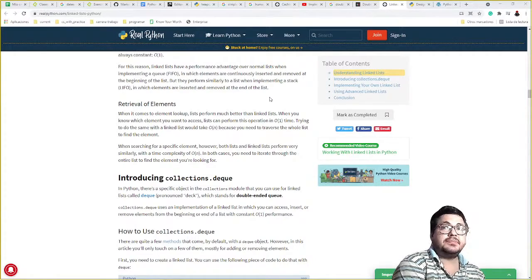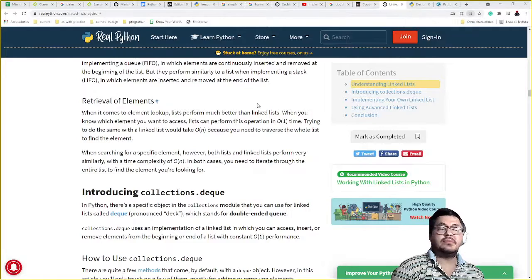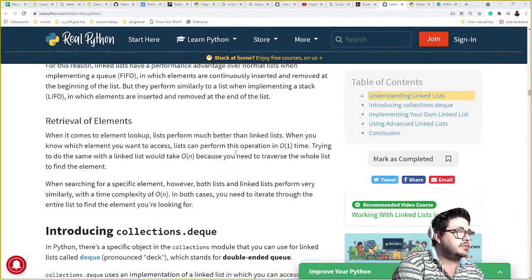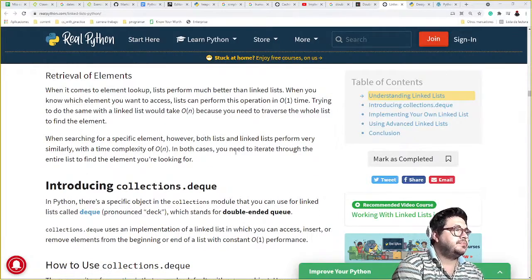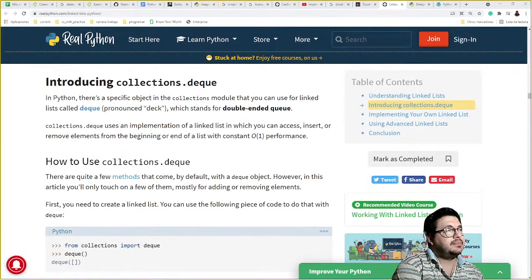This performs much better than linked lists when you try to look up, in terms of complexity. Let's try deque.